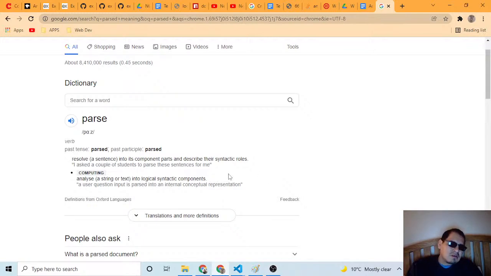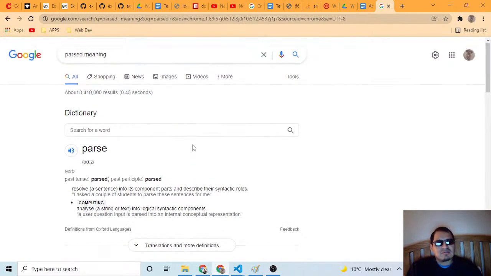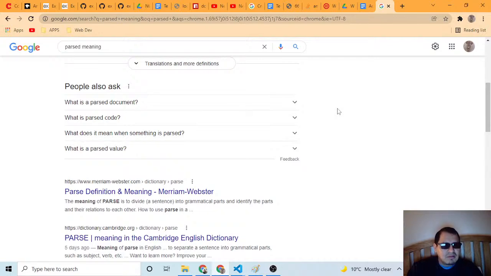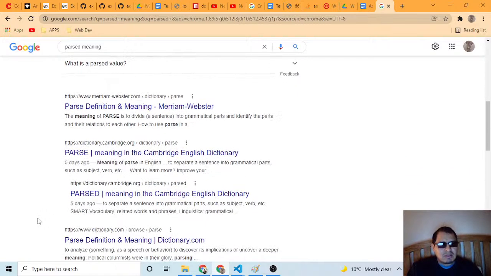Alright, so break it into, divide, fragment, or defragment. Break it down. Meaning of parse is to divide. Okay, divide a sentence into grammatical parts, or identify the parts and their relations to each other. How to use parse. Divide. Okay, divide.